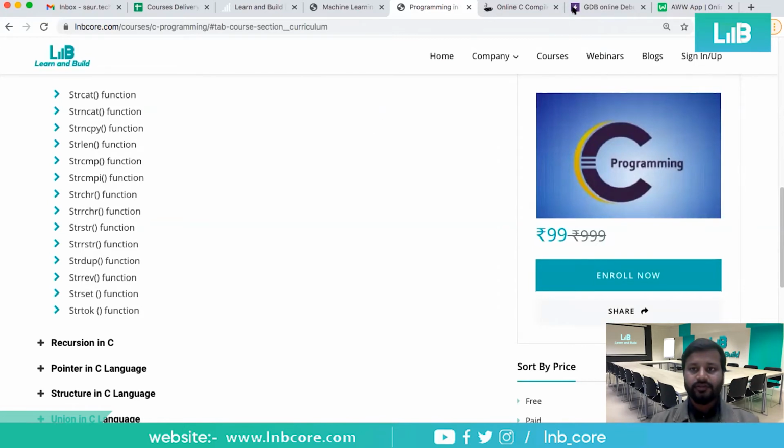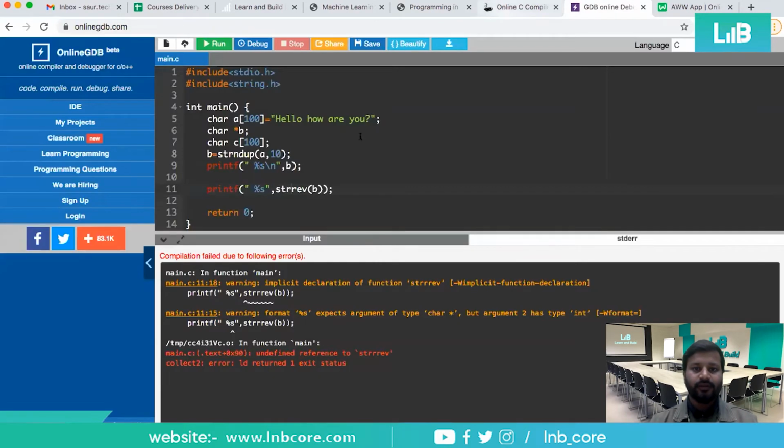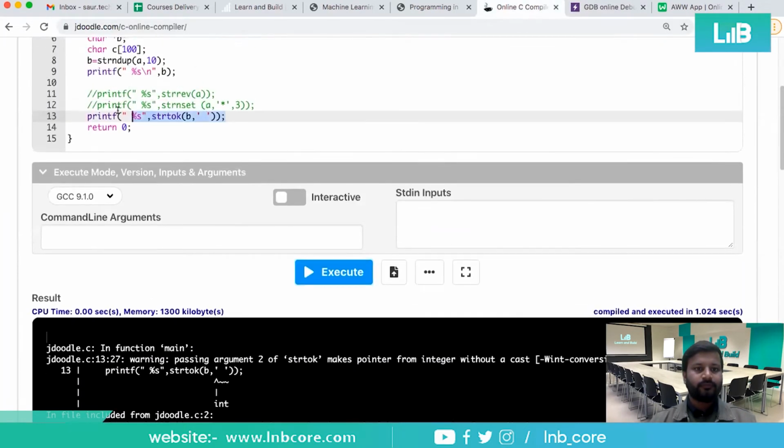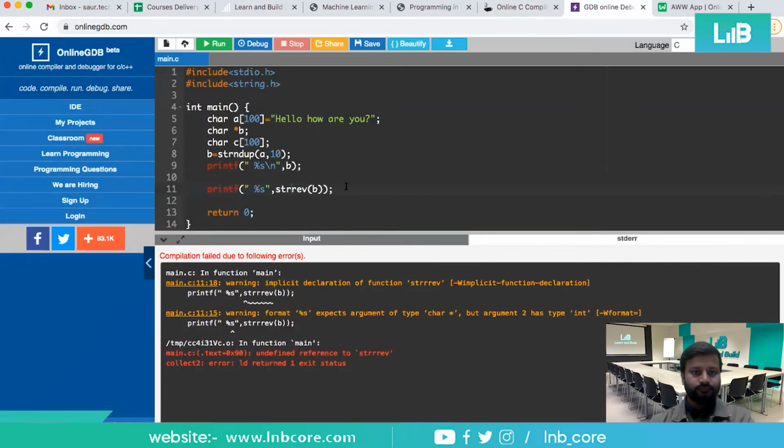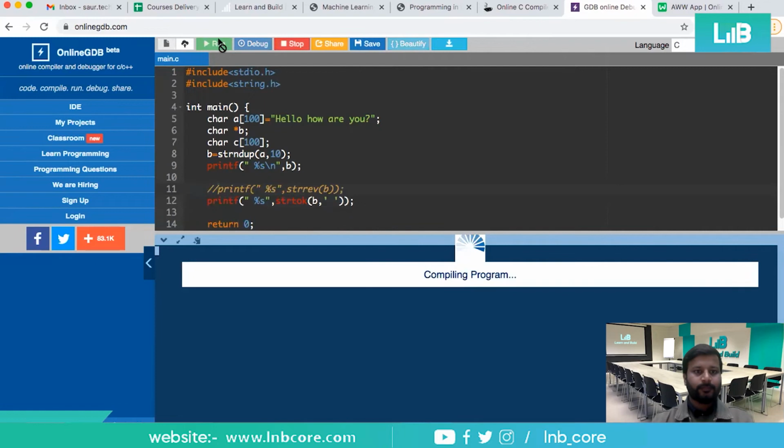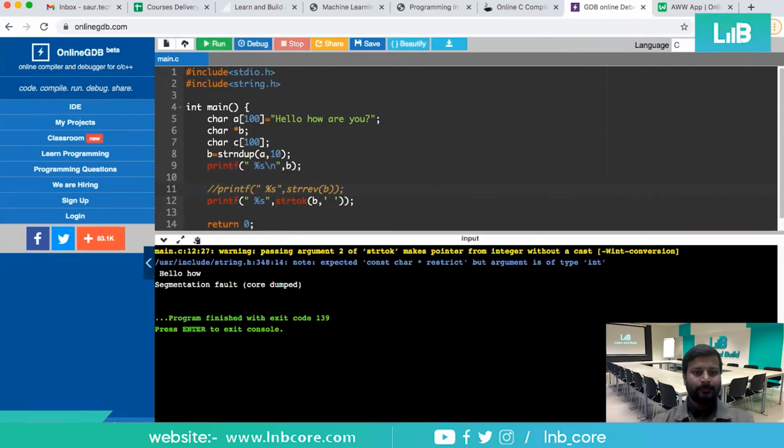So let me check this on online GDB as well, to see whether it works well or not. Yeah, so it works.